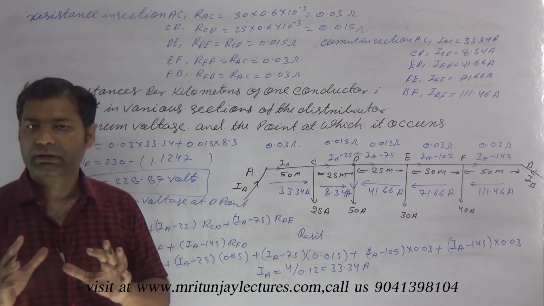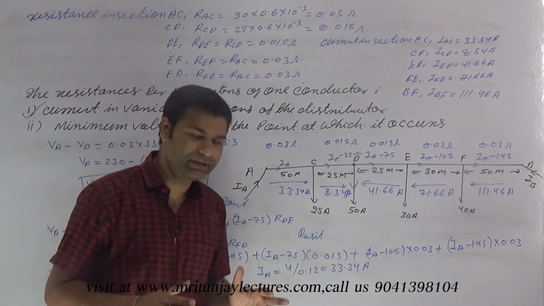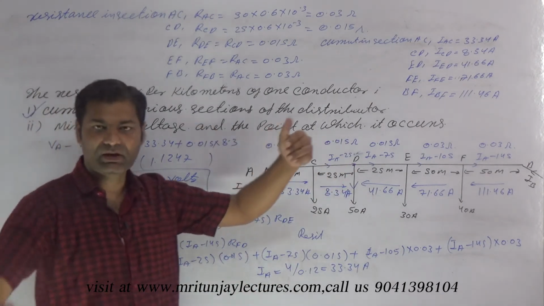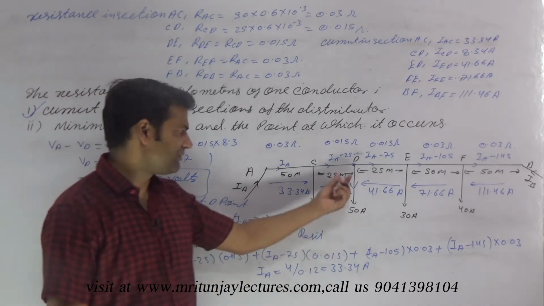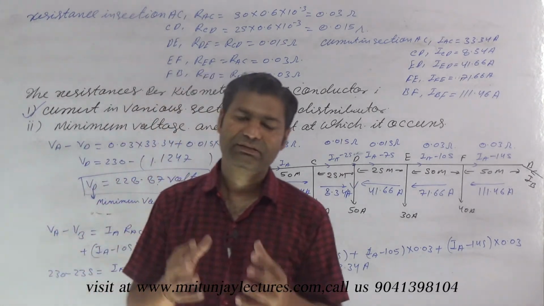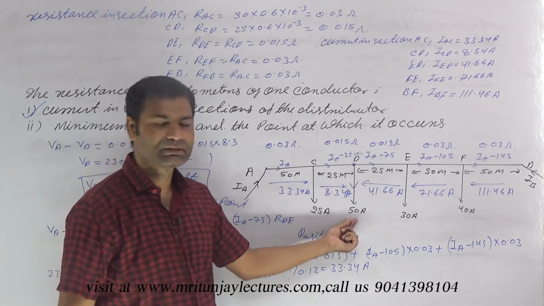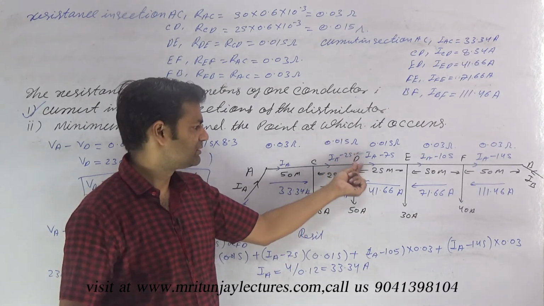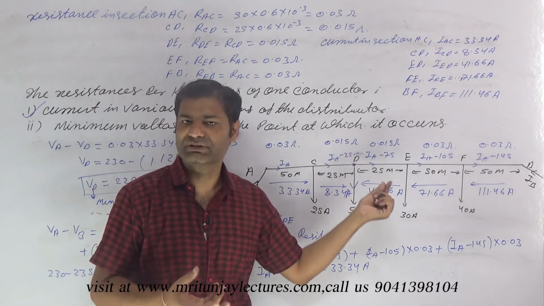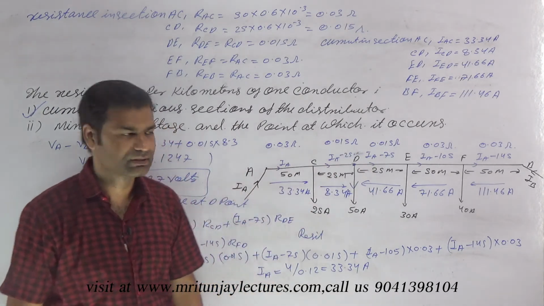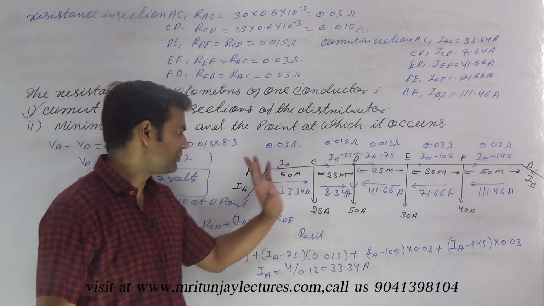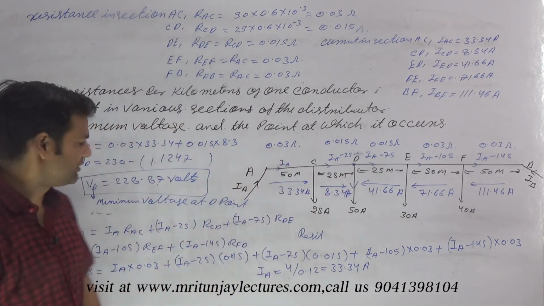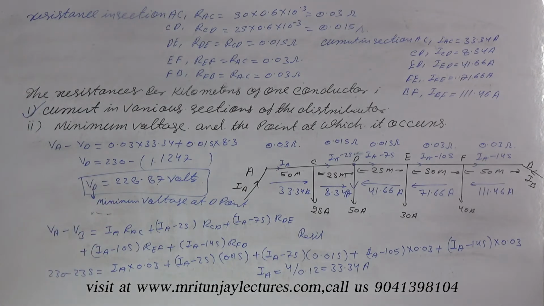Again, our motto: determine minimum potential at point D. Which one is the minimum potential point, where currents are going? It behaves as a sink. D has minimum potential as it behaves as a sink point. At the sink point, maximum current and minimum voltage. So that is the minimum potential point of AB section. So what about VD? VA minus VD is equal to this one plus this one, and we got finally this one.